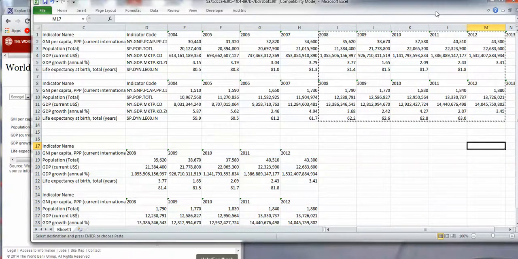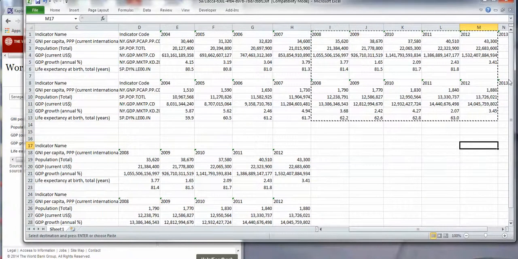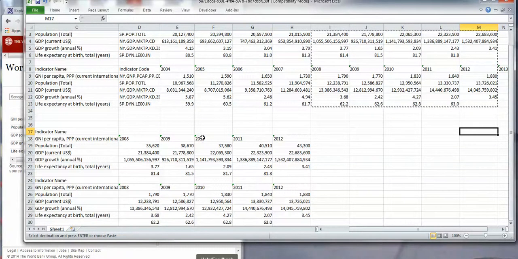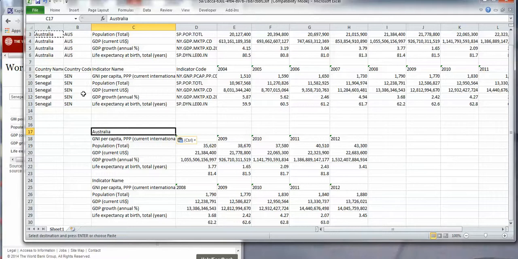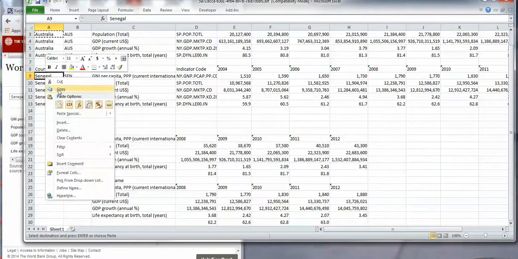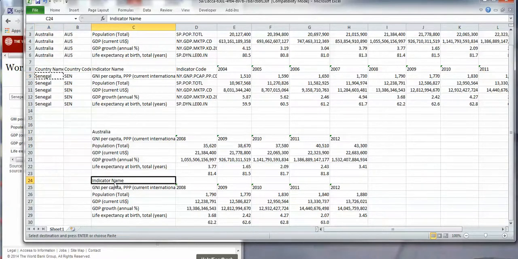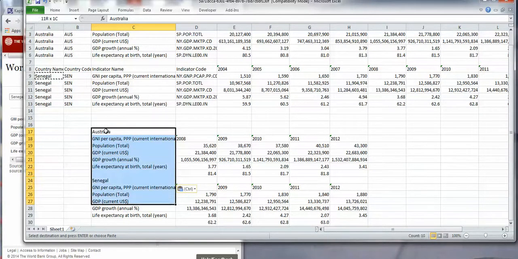Now, looking at what I just created here, obviously I need the country's name in the right place, so let's go back and get the country's name. We'll get Australia. I just need to copy it once, and I'm going to put it right here. Paste, and then we get Senegal's name, right-click, copy, paste. So now I've got the information that I want to put into my